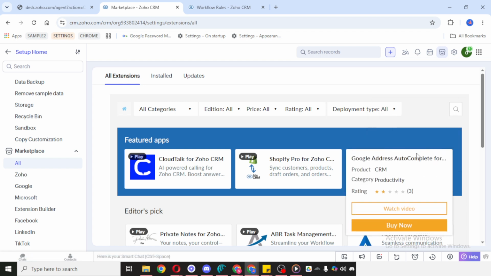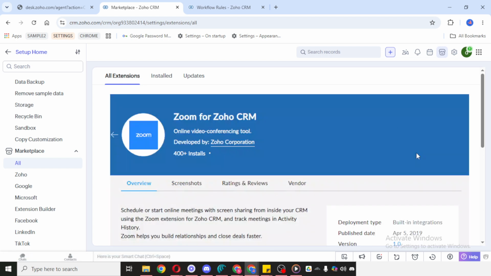Once you open the Zoom for Zoho CRM page, take a moment to read through the overview. This section is helpful because it explains what the integration does, how Zoom can work inside your CRM, and what features may become available after activation. For example, integrations like this can help connect meeting activity with your customer relationship workflows, which can make communication and follow-up more organized. When you're ready, click Activate.